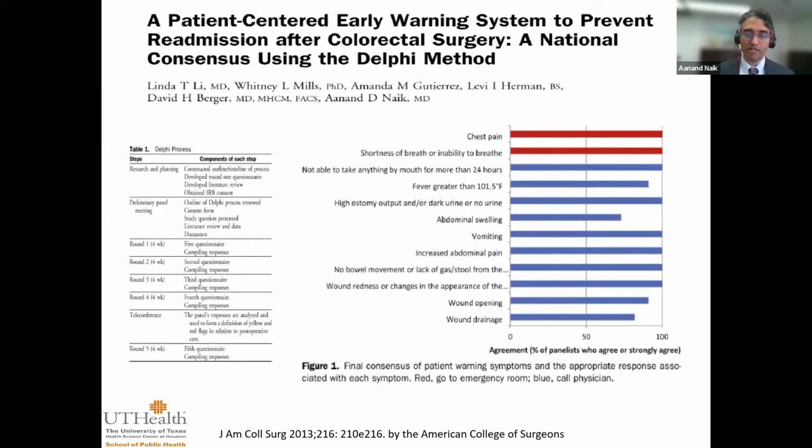And then we had another set of signs or symptoms, and these were the cardinal signs or symptoms of those conditions that predict readmission. And we wanted to word it in a way that the clinicians in the office understand these words. When someone comes in and they say they're having abdominal swelling, they're having vomiting, we know that this is something to pay attention to because it's related to one of those conditions that cause readmission. So this is a really nice study and paper that we got into the Journal of the American College of Surgeons that really showed these cardinal signs or symptoms.